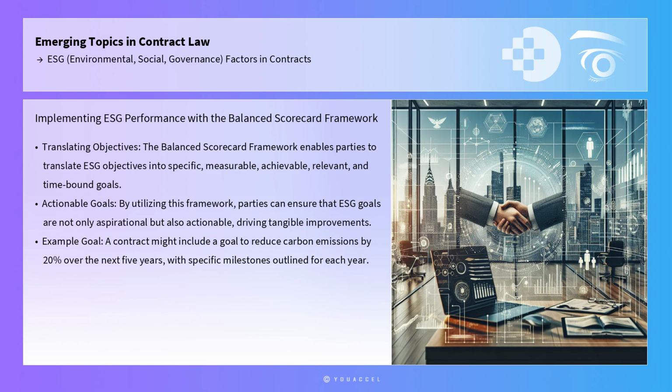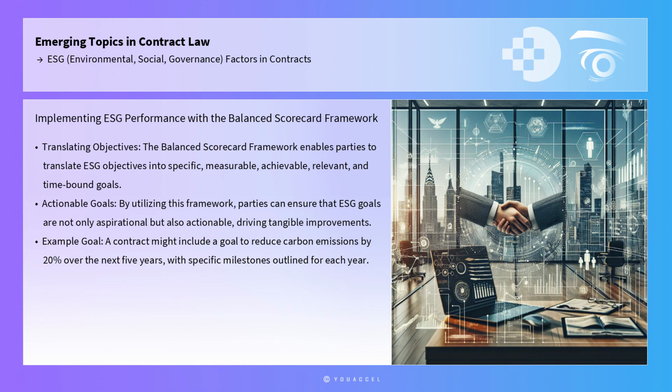To effectively implement ESG performance metrics, the balanced scorecard framework can be utilized. This framework enables parties to translate ESG objectives into specific, measurable, achievable, relevant, and time-bound goals. For example, a contract might include a goal to reduce carbon emissions by 20% over the next 5 years, with specific milestones outlined for each year. By utilizing this framework, parties can ensure that ESG goals are not only aspirational, but also actionable, driving tangible improvements